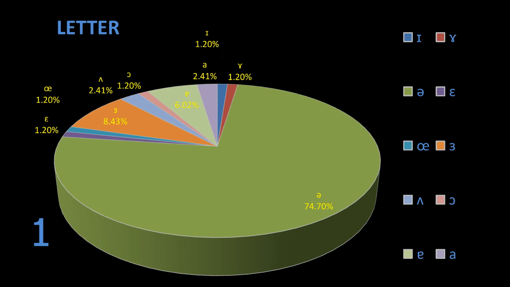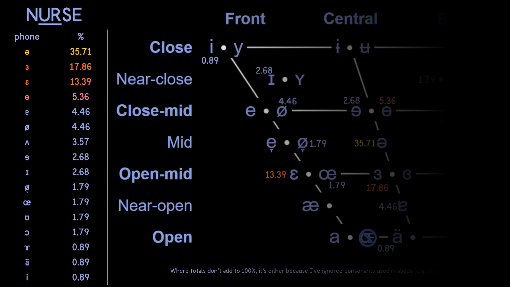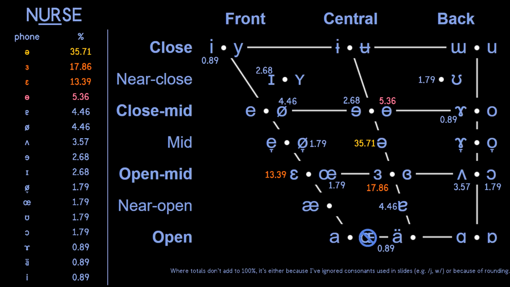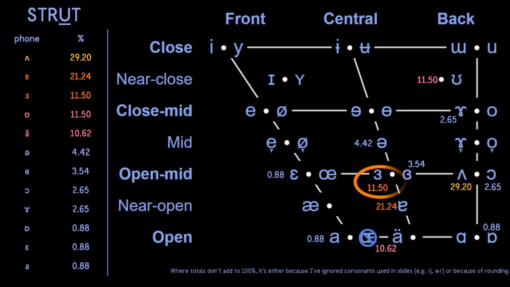Finally, for the rhotic lexical sets, we have the nurse vowel. Although it's typically a central vowel, a few accents merge it with the square vowel. Nonetheless, the schwa remains its golden phone. Based upon their respective vowel space diagrams, assumably it was speakers who use the open mid-central vowel for both nurse and strut who suggested writing them with the same rune.